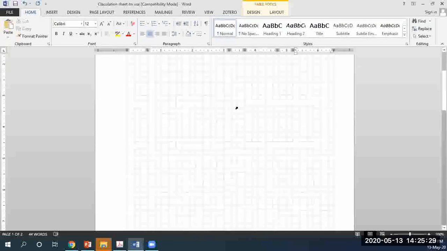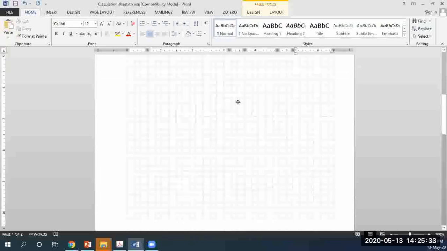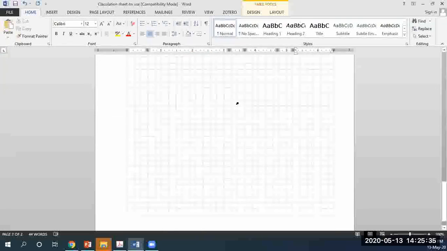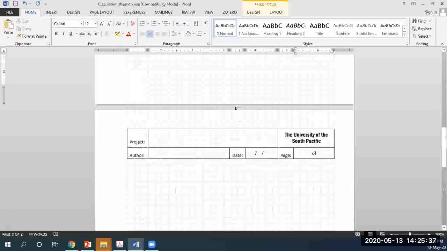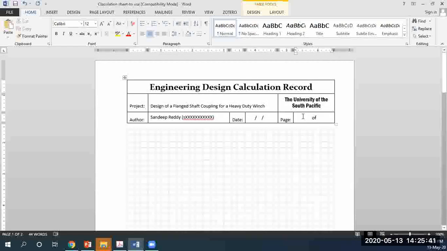Now this will be your page 1. The rest of the pages will be pages 2, 3, and so on. It depends how many pages you will use for the calculations. So I will write here page 1 of